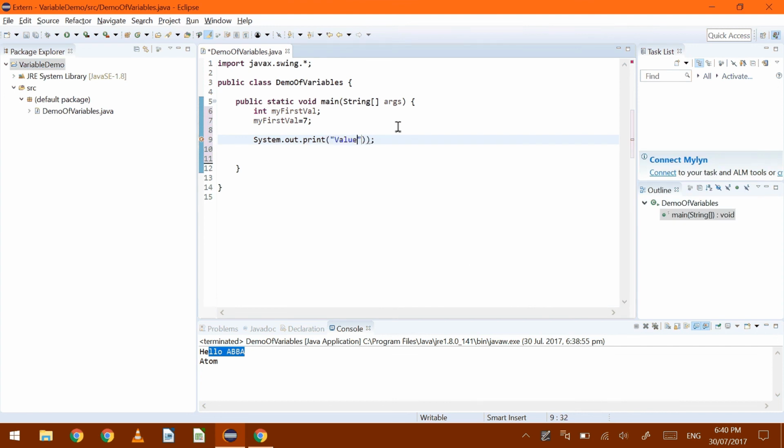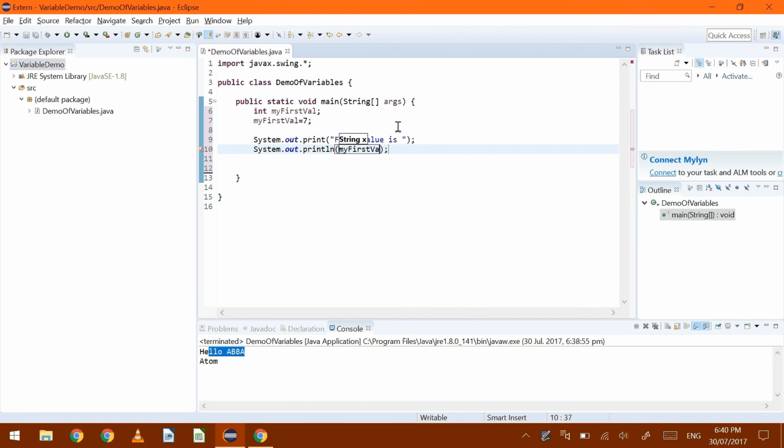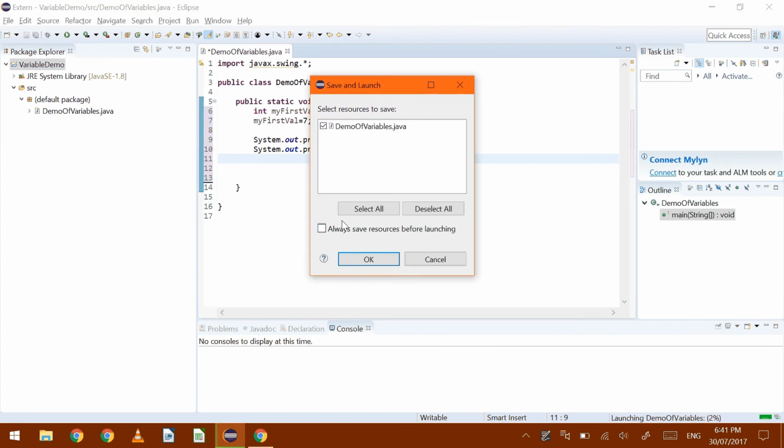And I can say System.out.println, or print, first value is, and I can say System.out.println myFirstVal. Now some of you who already know how these things work will wonder why I'm putting things on separate lines. Now, if you are at that stage, you probably shouldn't be looking at this sort of a demonstration because you would already know how variables work. But I just wanted to write it like this so that I keep things separate. So if I run this, it'll say first value is 7,